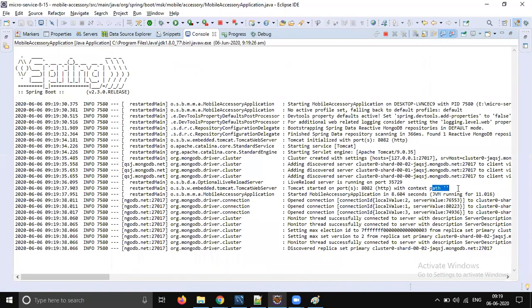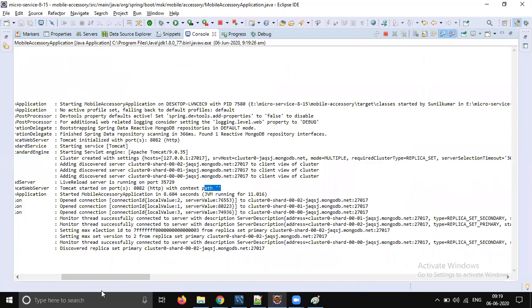Still it's empty. Why is it coming as empty? Port 8082 with context path hyphen.